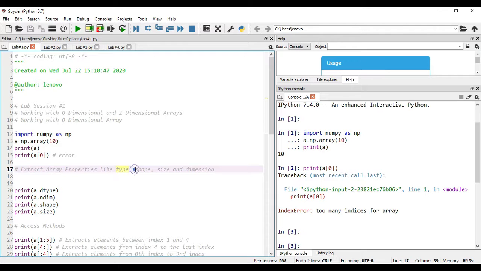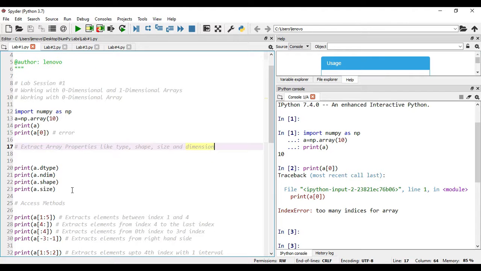And next, shape. Shape is going to tell the number of rows and columns your array is having. Then the size property is going to tell the number of elements that your array is holding. And the dimension is going to tell whether it is a 0-dimensional array, 1-dimensional array, 2-dimensional array, or multi-dimensional array.